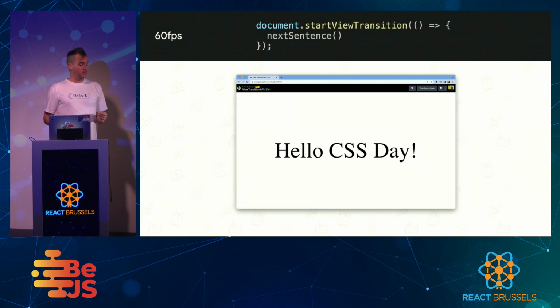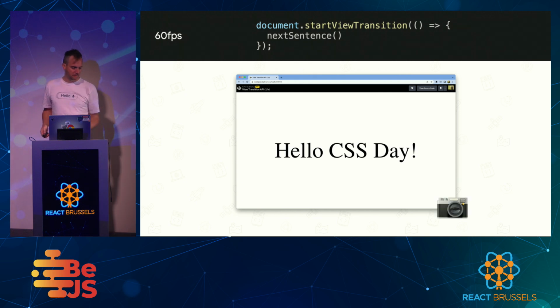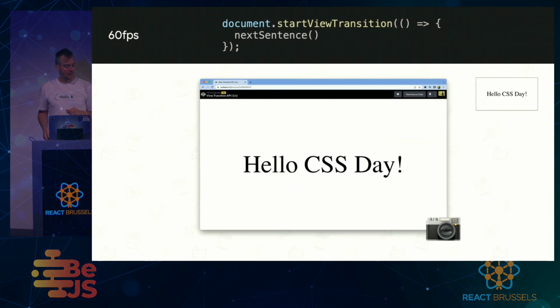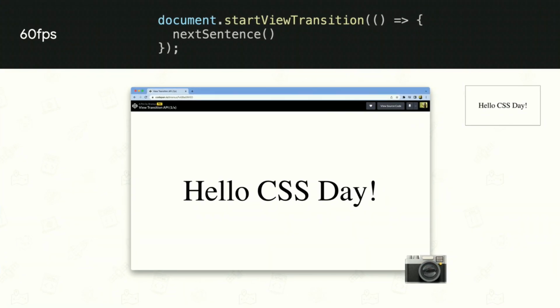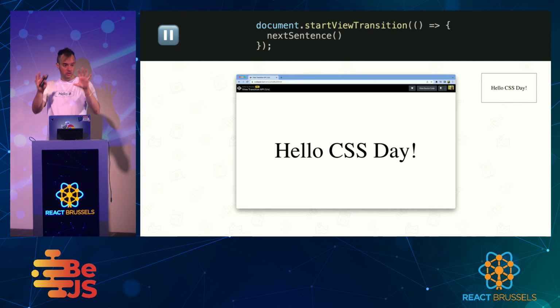At that point in time, the browser says, hey, you know what? I need to take a snapshot of the current state of the screen, what you are currently seeing. So it takes a snapshot and stores it in memory. Now things get interesting, because now rendering gets paused. So everything that is happening now, what I'm about to tell you, you as a user don't get to see yet. You still see the